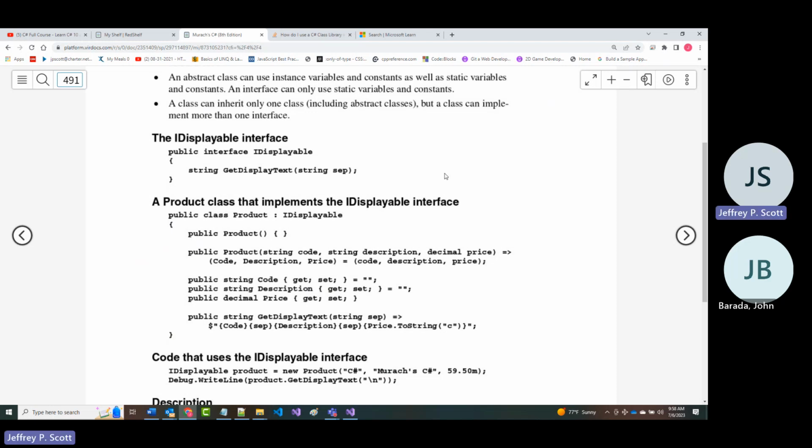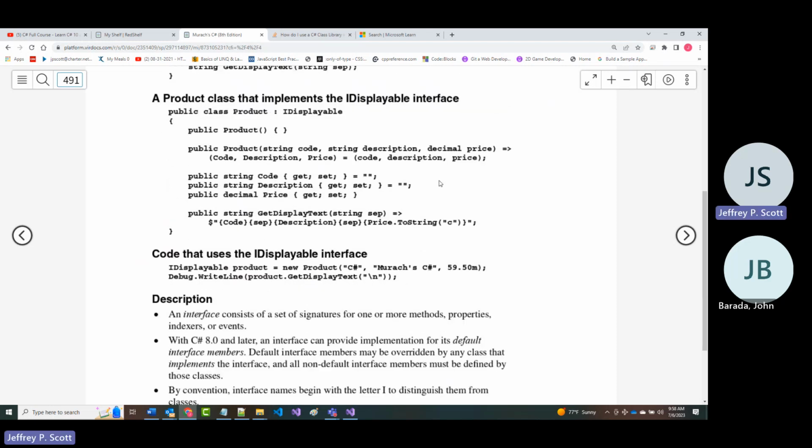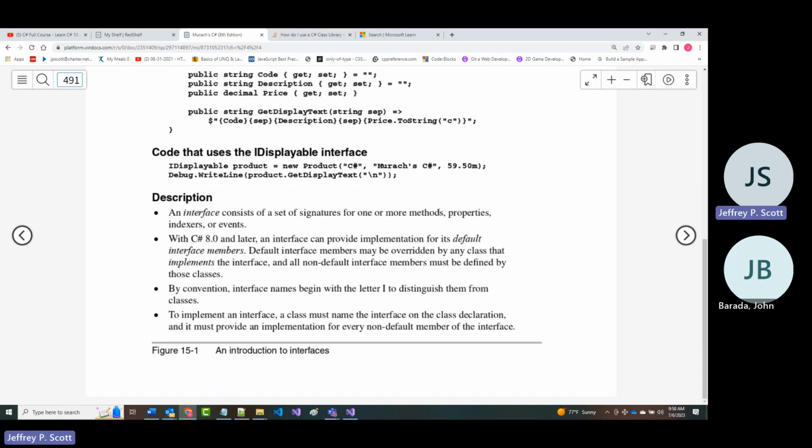All right, now they've got better examples in here than the ones I've just shown you. So on the bottom of the page here, an interface consists of a set of signatures for one or more methods, properties, indexers, or events. By convention, interface names begin with the letter I to distinguish them.